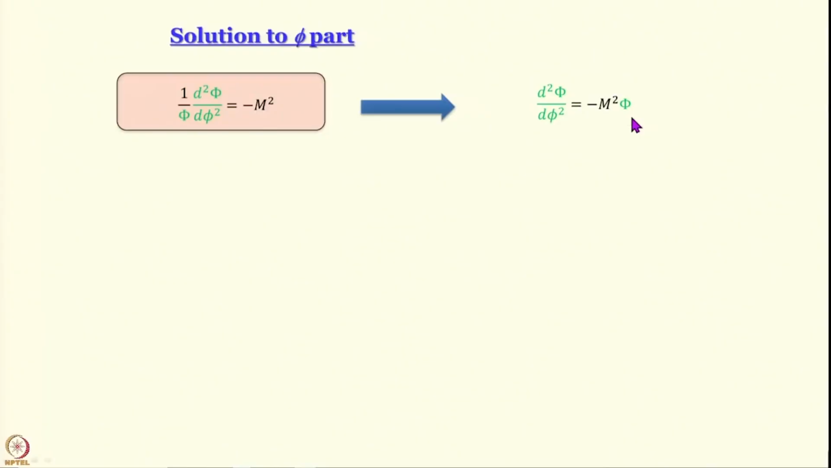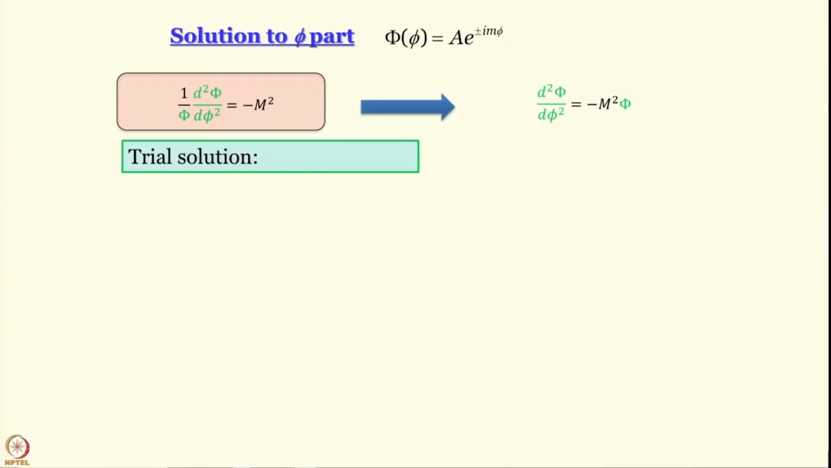Okay. What is the solution to this? Let us use the trial solution. The trial solution we will use is phi equal to A e to the power plus minus I m phi. Now, one might say that the most general solution is actually A1 e to the power I m phi plus A2 e to the power minus I m phi. Why are we not taking that solution? Why are we taking this? We are taking this because